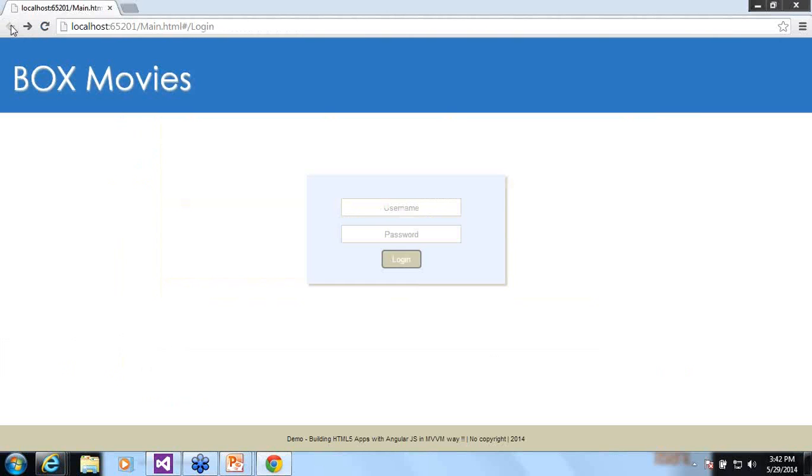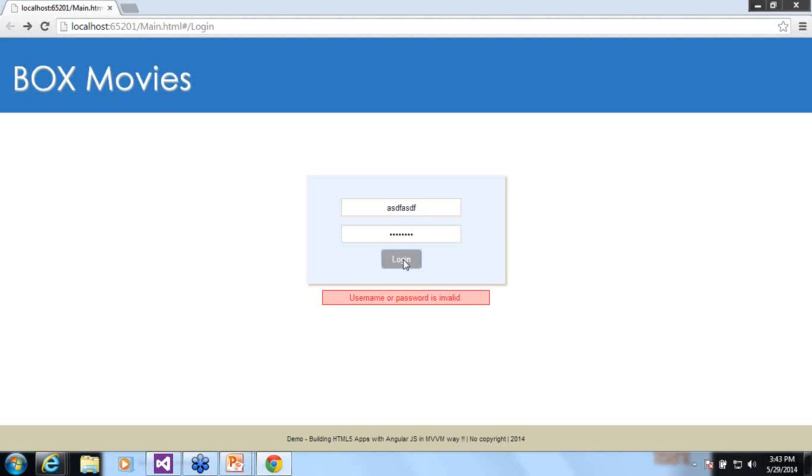I go back to my login page. I have my username as, say, if I just write anything, right now you can see that the login button is disabled because it is bound to a directive and it is checking the validity of the form. When I enter the password, it becomes valid, but we need to check whether the user is valid or not.